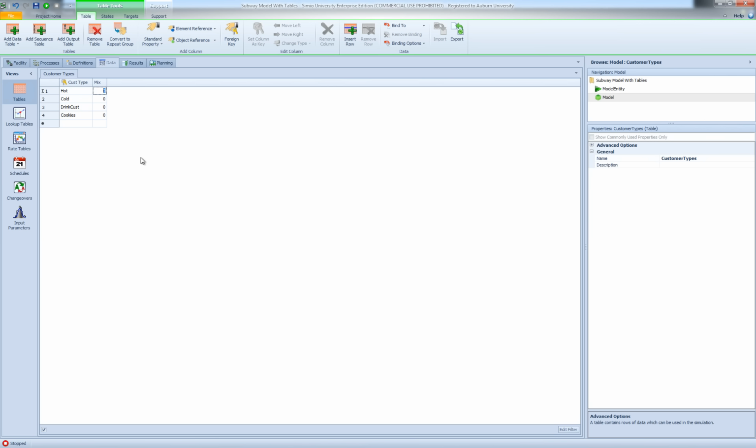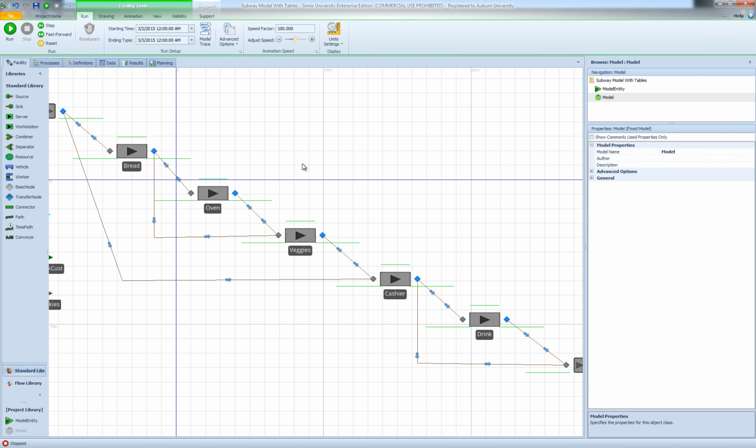And this is basically the percentages, the distribution of customer types. So I have 60% of the customers that are of type hot. We have 25% cold. We have 10% drink customers and 5% cookies based on the data that have been given to us. So now that I have my first table complete, I can go back to my facility view and